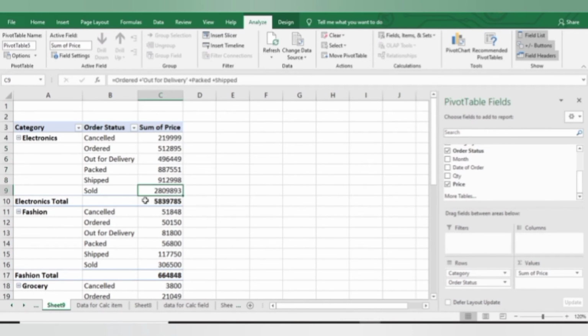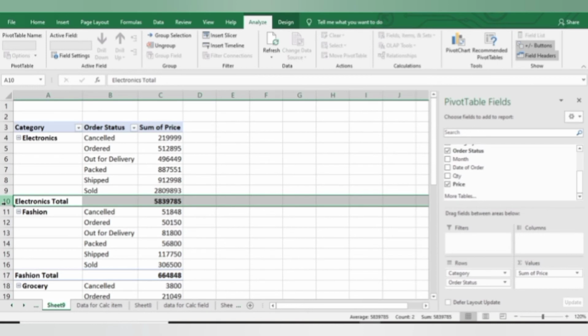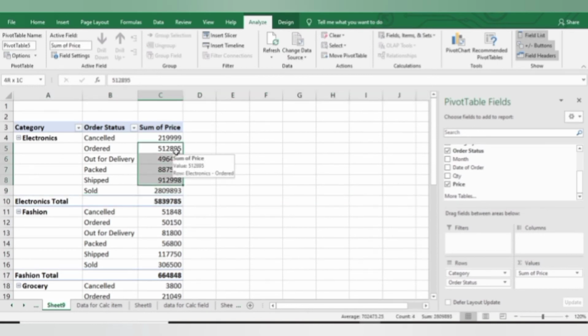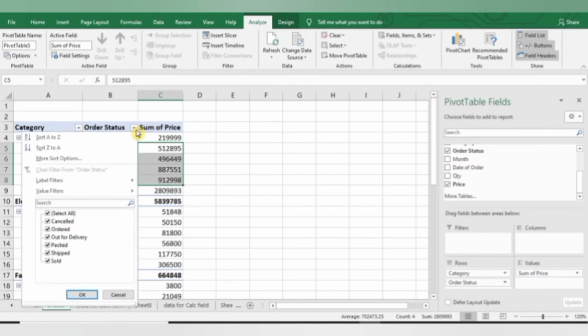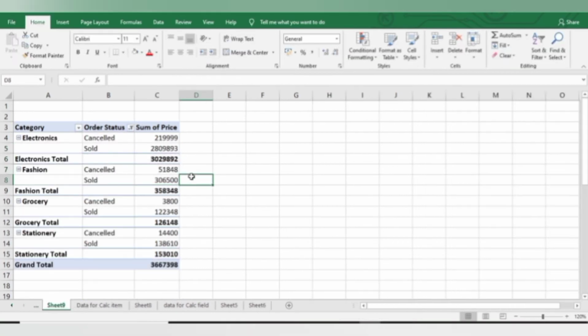So Electronics total is showing twice the total, because it is giving me the total of all these 4 items and then it is including Sold also in it. So now go to Order Status, and from here I am selecting only Cancelled and Sold because I want these 2 only now. So this is how you can apply a calculated item in your data.